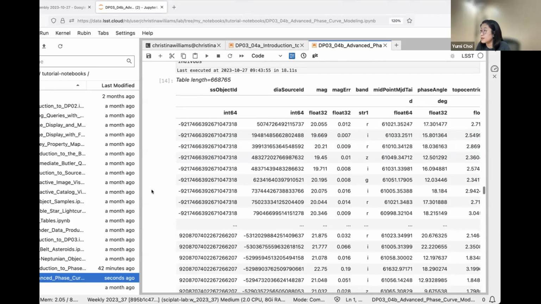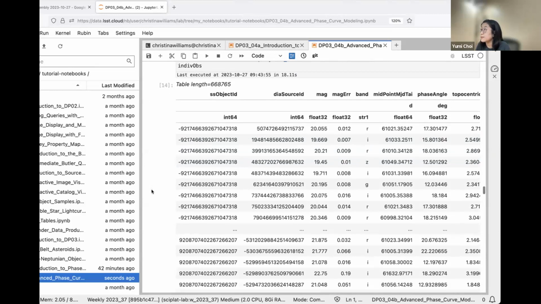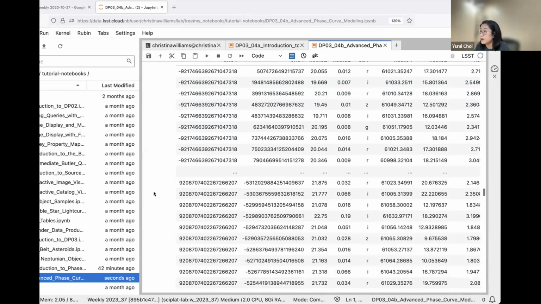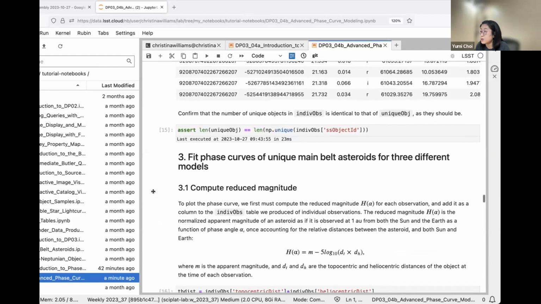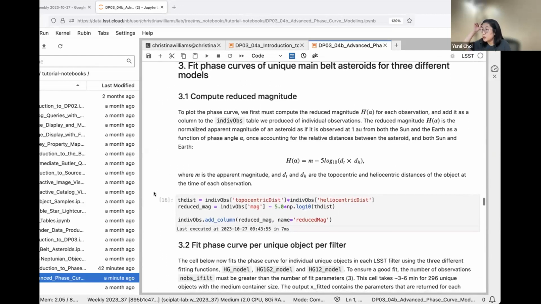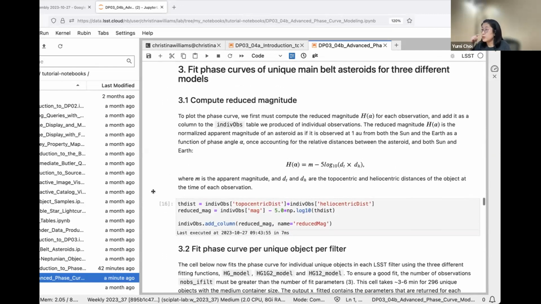Does anybody have any issues with the query? Okay, if not, we can move on to the actual fitting part. First we need to compute the reduced magnitude, which is the normalized apparent magnitude, as if the object were observed at 1 AU from both the Sun and Earth, as a function of phase angle.